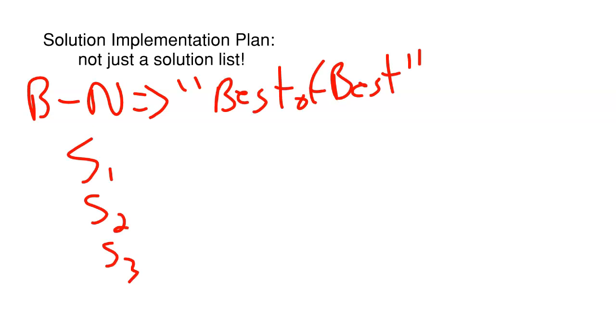But the solution implementation plan should not just include those proposed solutions because they will need to be vetted. There is always a tollgate review that occurs at the end of the improve phase in which key decision makers, including the project team, meet to discuss these proposed solutions. And some of the things that we'll want to include in that solution implementation plan include things like